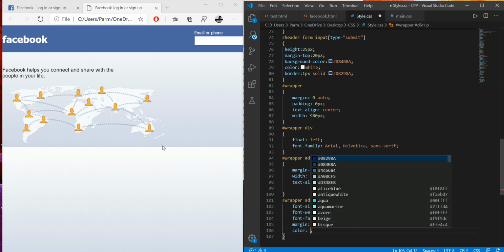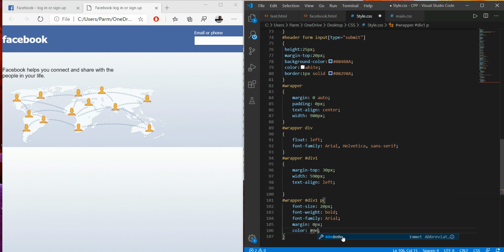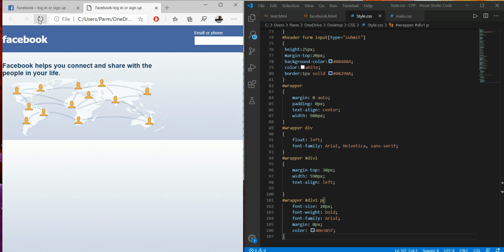That is having black color over here, so I don't want this color, so I have to set the color over here. So I'm using hash, then 0e365385f. Okay, so I'm setting this color for this section. So I just save this, here go, refresh this.